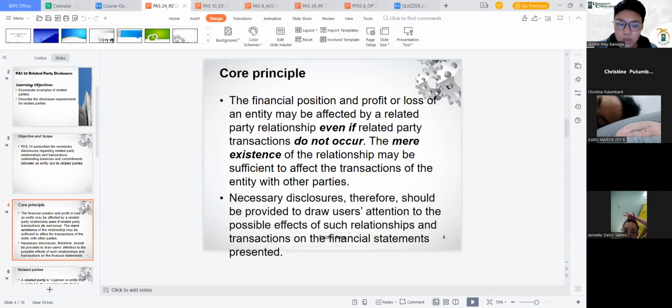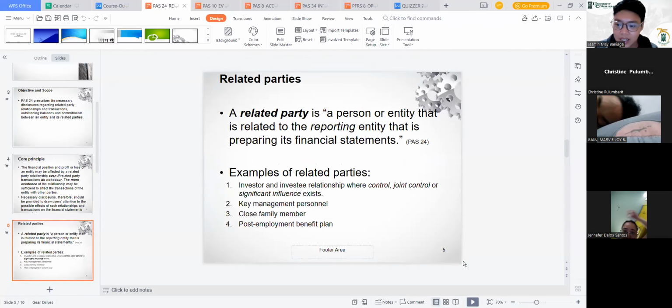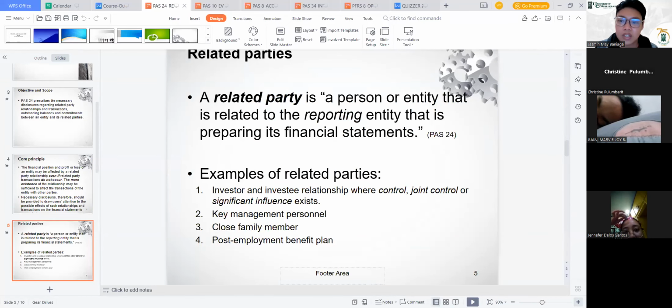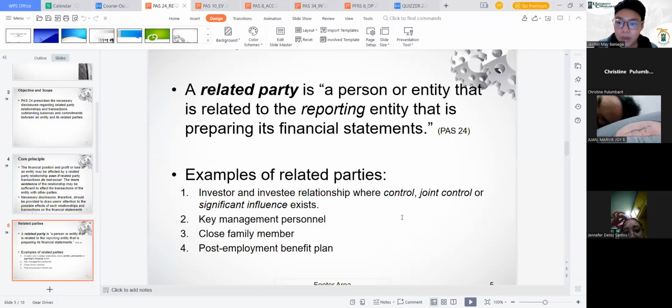Aside from the disclosure, the next slide, as you can see, here are the samples of the related party transactions or relationships, guys. Related party, as per definition, please remember this one is always being asked under PAS 24. This is a person or entity, other businesses meaning, that is related to the reporting entity, tayo yun, that is preparing its financial statements. These are some few examples